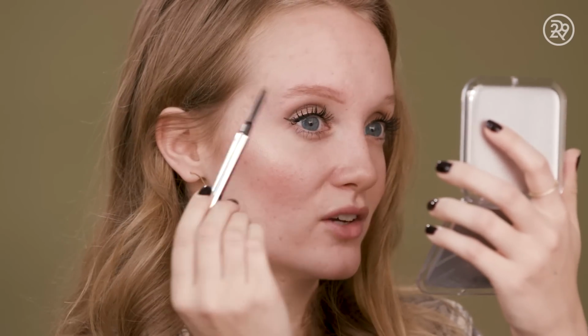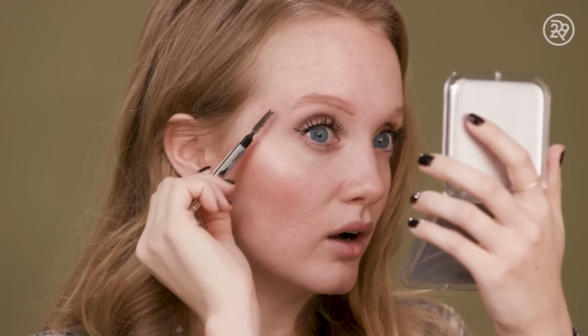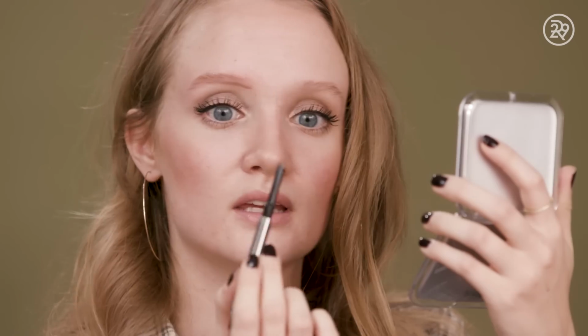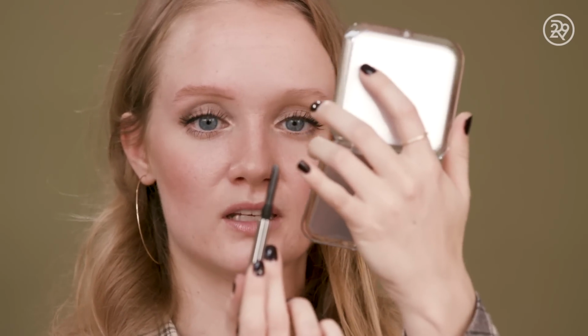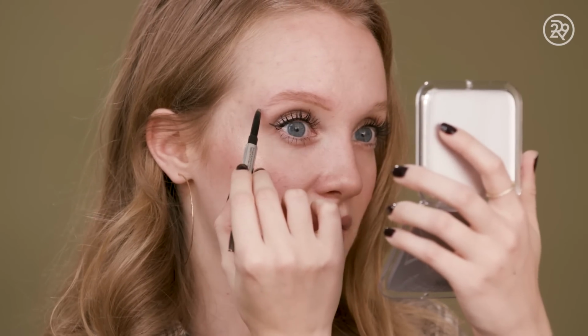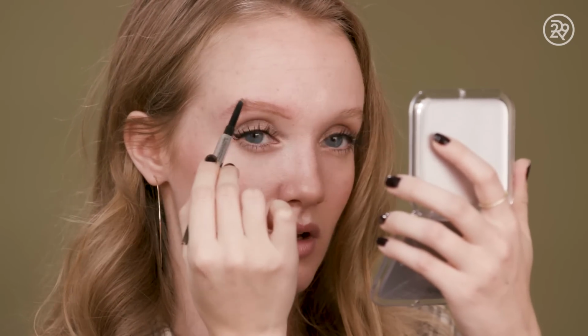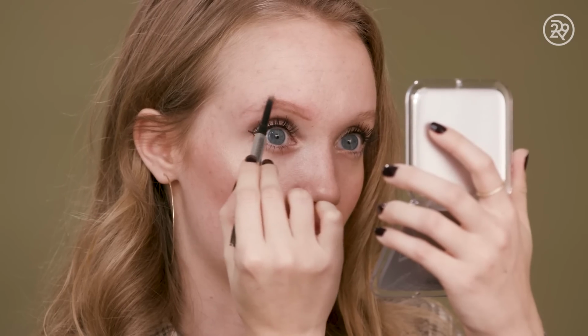I don't really have much over here, but I try to go where the little ends of the hairs are, and take the slanted point and go to the pointy side and just place it, and then do a straight line all the way to the top of the arch here. Wait, it doesn't bother you that you're brushing against the...